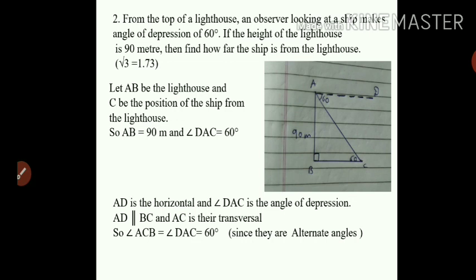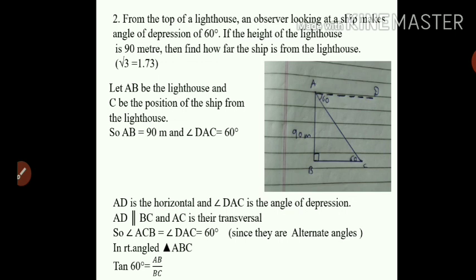Angle DAC and angle BCA, angle DAC and angle ACB. These are alternate angles, so they are congruent to each other. That means if angle A is 60 degree, angle C is also 60 degree. So now in right angle triangle, when you take right angle triangle ABC, you can see,